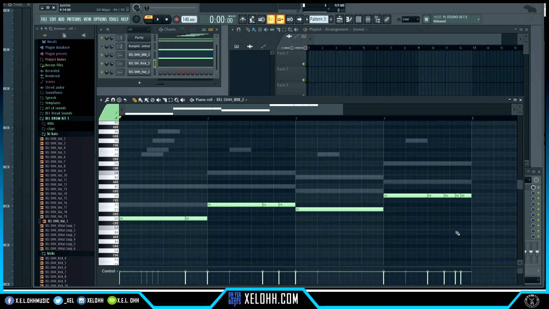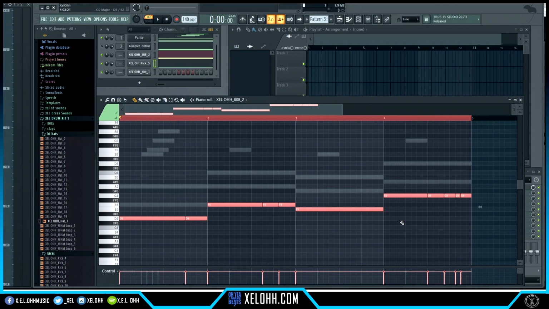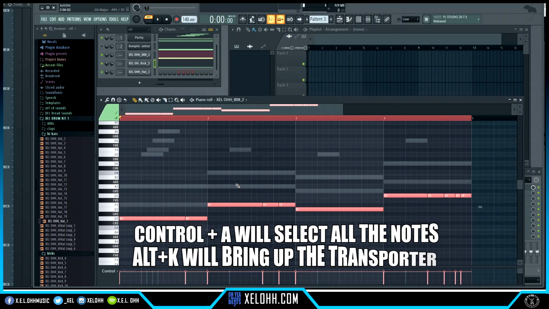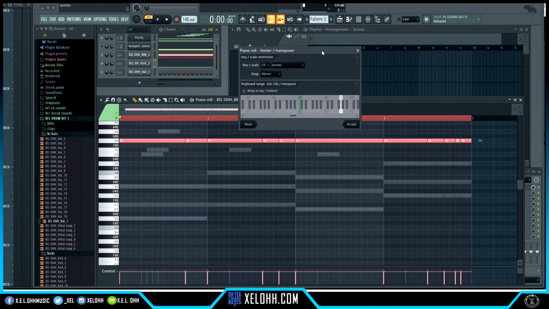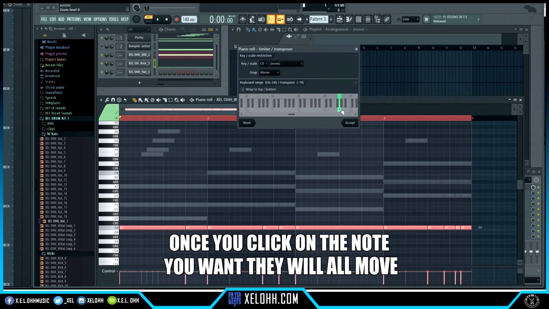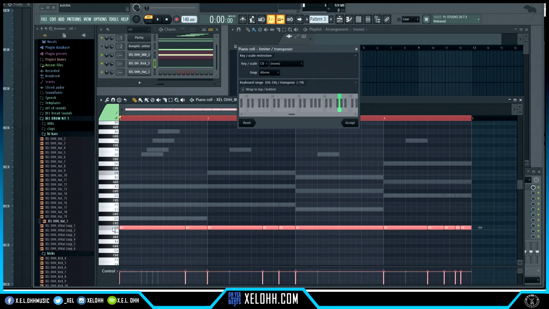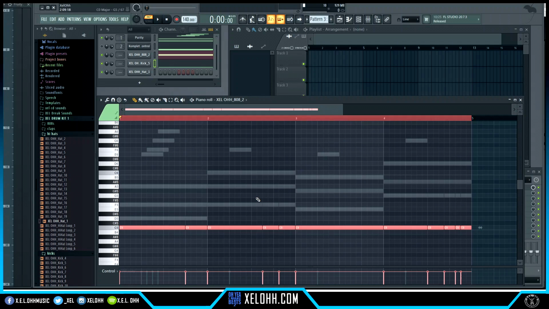So if we highlight, or do a Control A, highlight all of them in the notes, and you do an Alt and then the letter K, and it brings up this. As you see, all of them jump to whatever key I had it at. All right, so now we are set on C5, and this is our kick. So I'm gonna hit accept, and now